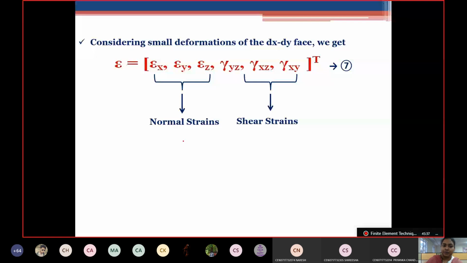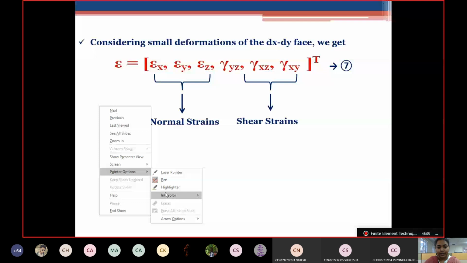In the stress equilibrium equations, we saw equations for stresses. These equation numbers are going to help us finally find the relation between stress and strain. Till now we saw stresses separately and strains separately. These strains are just indicating the respective directions, what it is in the x direction, what it is in the y direction.